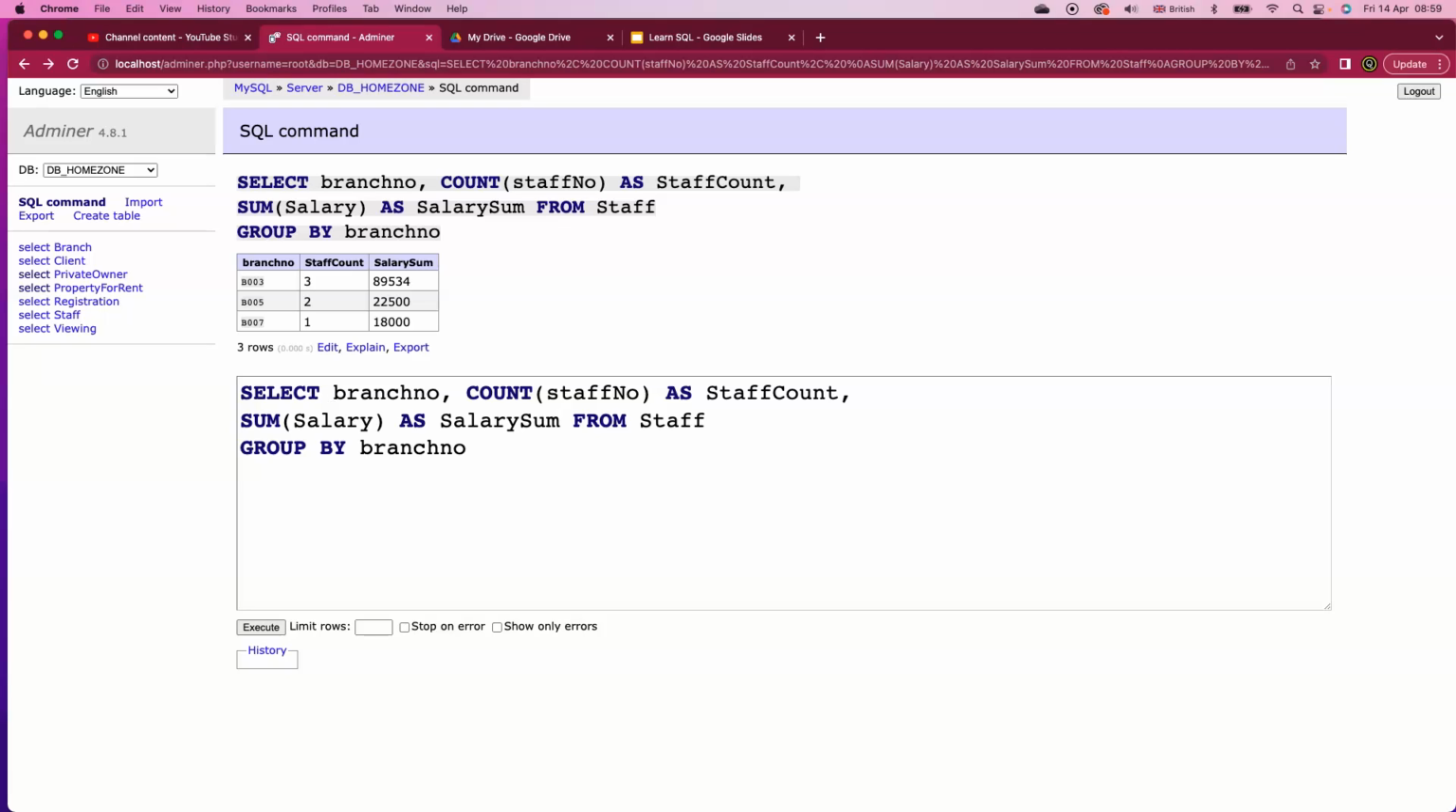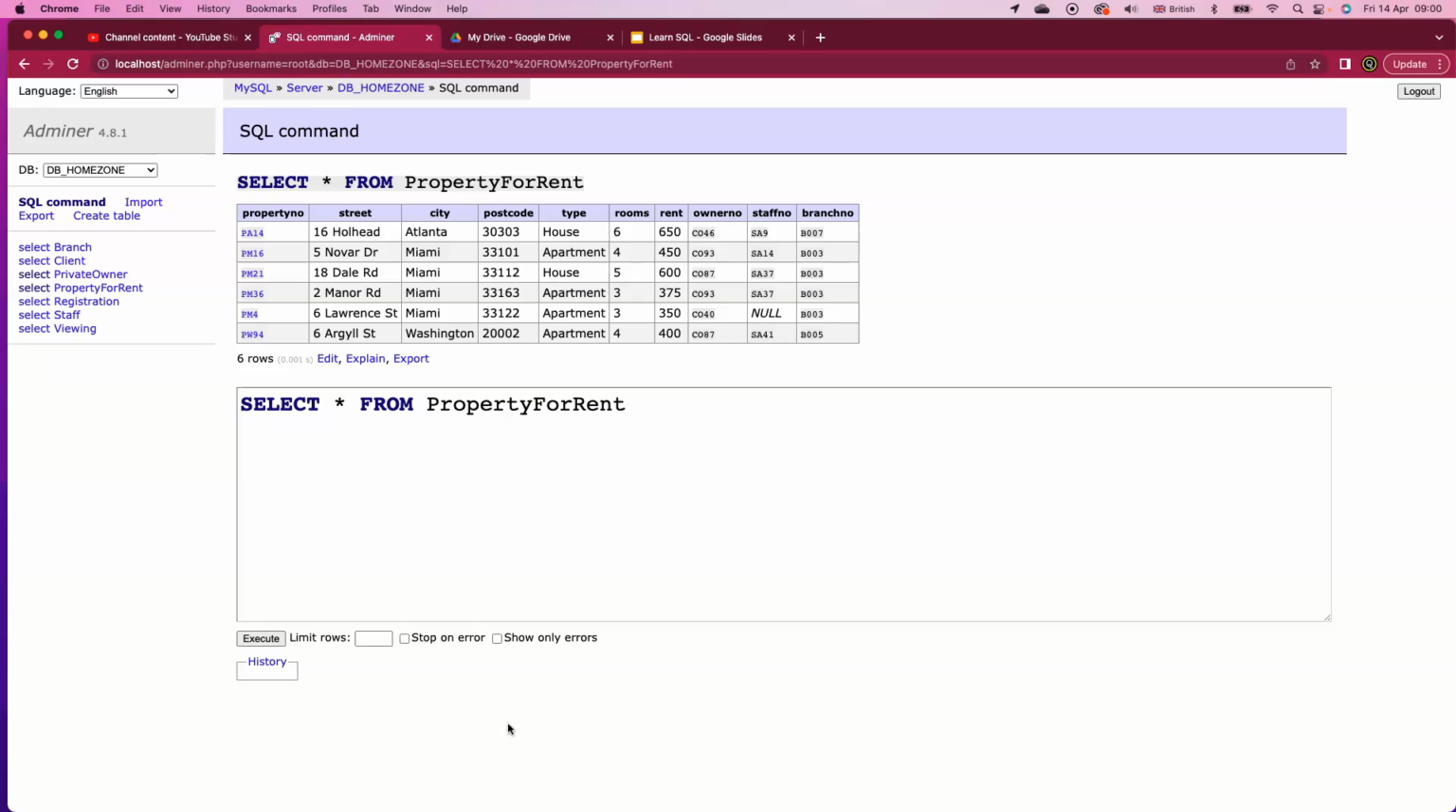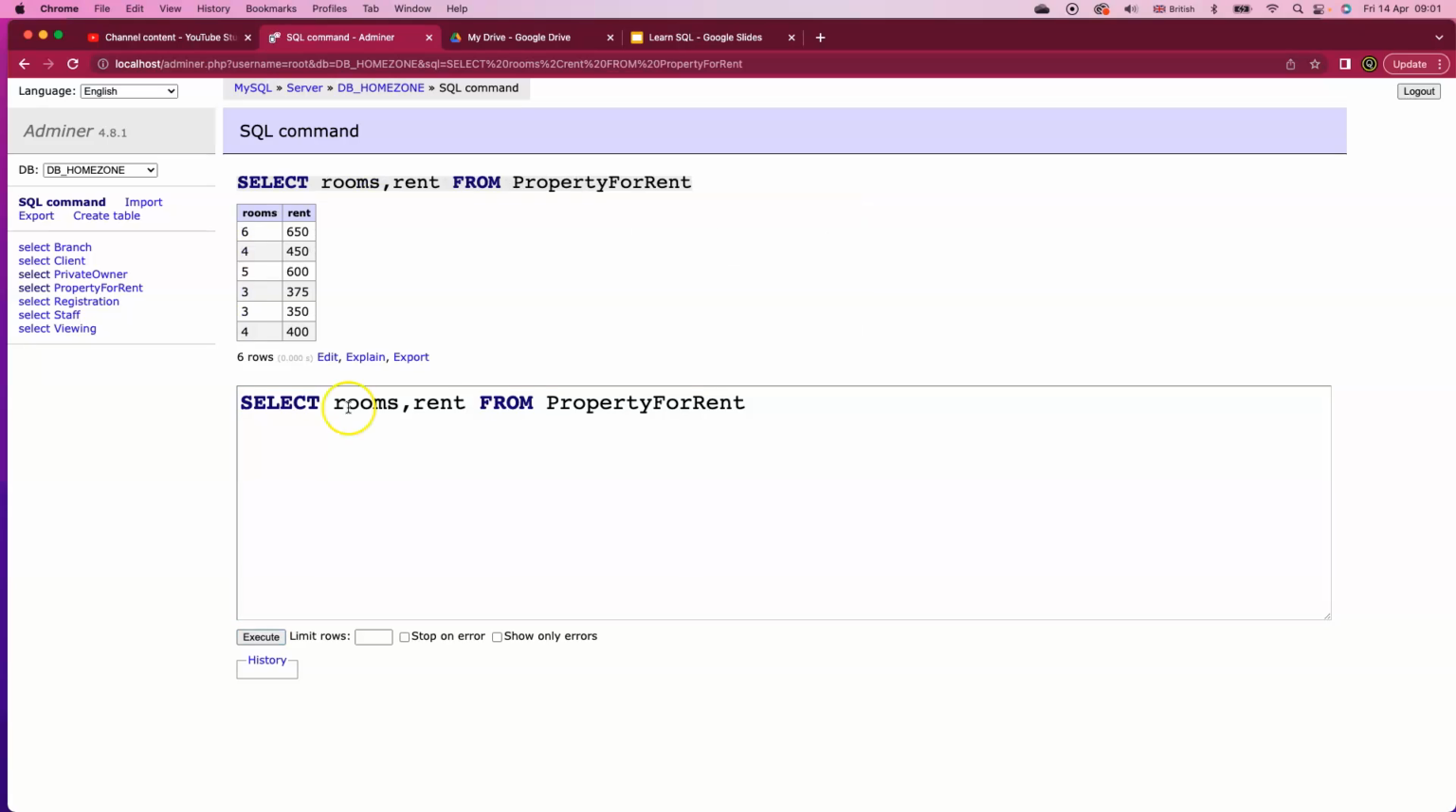Now let's look at one other example. I'm going to select the property for rent table, and I want to get an overall view of how many rooms and what the total rent is in the different cities. So look at the rooms and the rent fields first of all. If I just select those different fields, I get this dataset. If I put in 2 sum aggregates on each of those fields,